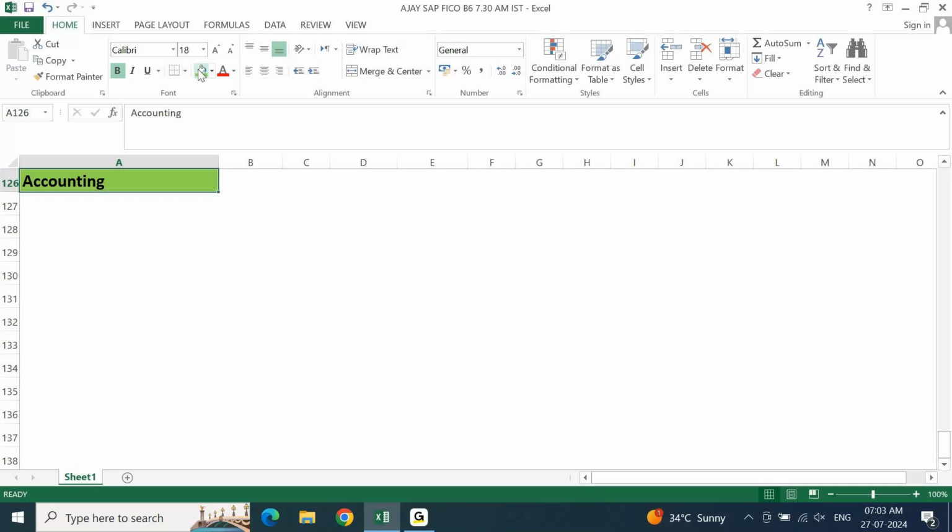the people who are at higher positions in their accounting, maybe assistant manager, finance controller, finance director, or in some cases, CFO. And as a FICO consultant, when you need to interact with these people, right from your end user until CFO, you may have to talk to anybody, depending on the requirement, depending on the situation, what you are going to talk to them, what they are going to talk to you, whether you can manage it or not.